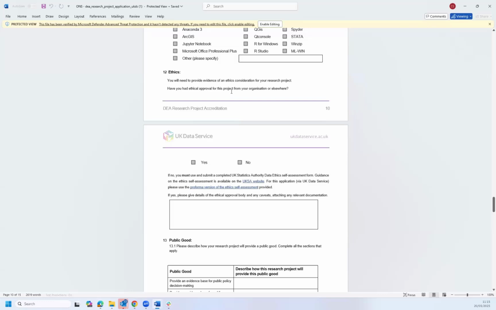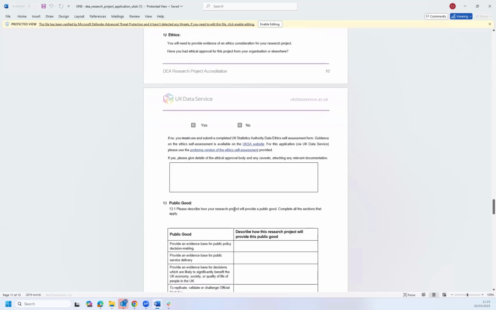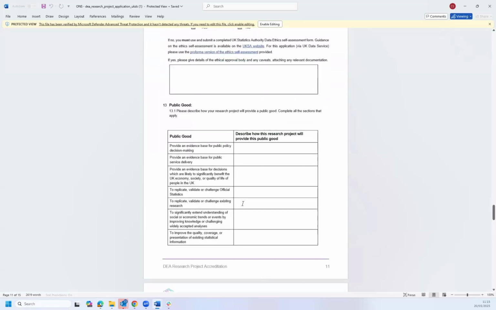And it's going to meet a lot of specific points. Now, it's quite possible that your institution doesn't provide that kind of specific information. What we'd suggest is going to find the ethics self-assessment form, which is linked here. You can just link straight to that from here. I'm going to show you that form in a little bit because I've got it saved elsewhere. Public good, again,